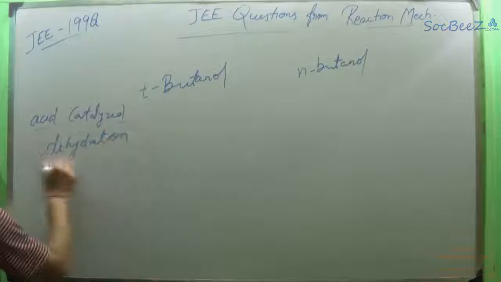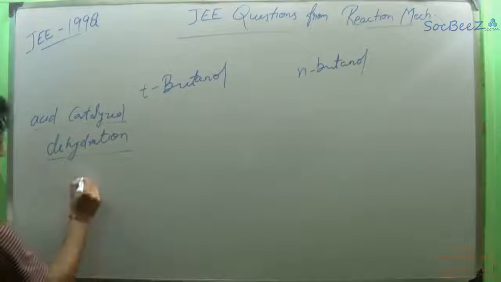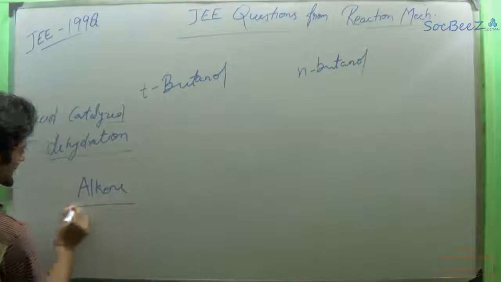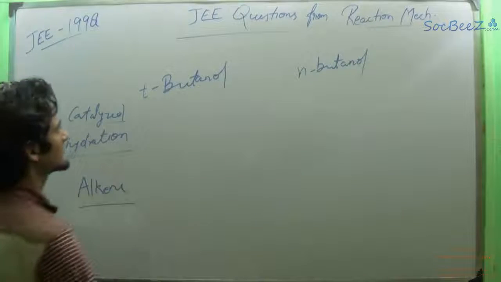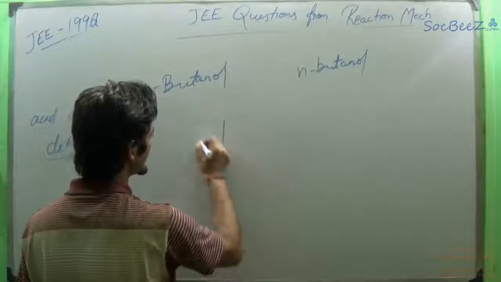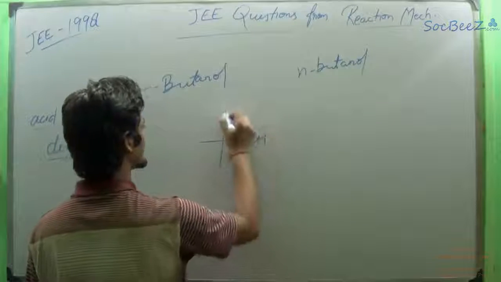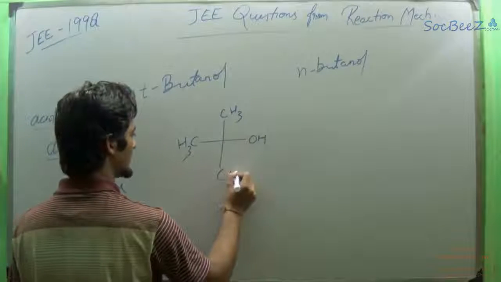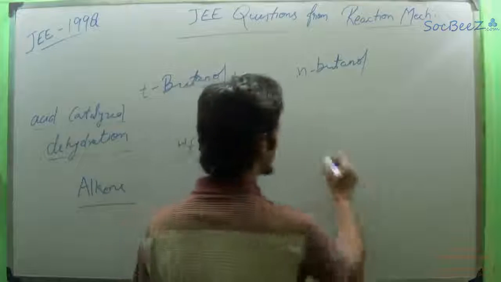Now, in acid catalyzed dehydration, the final product is a alkene. So basically, we have to convert this alcohol into alkene, and a tertiary butanol means OH, CH3, CH3, CH3,